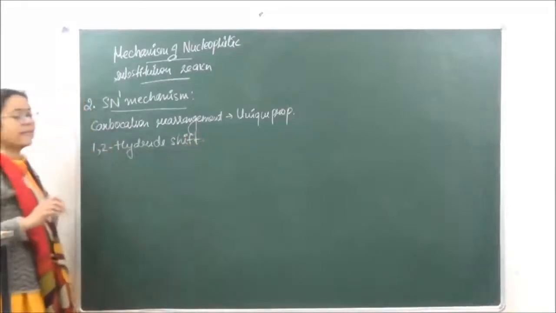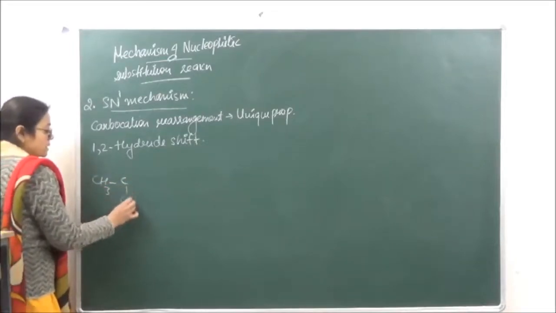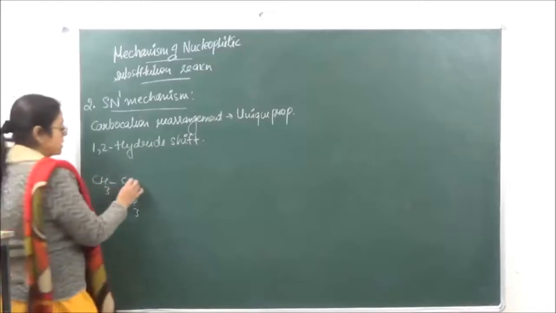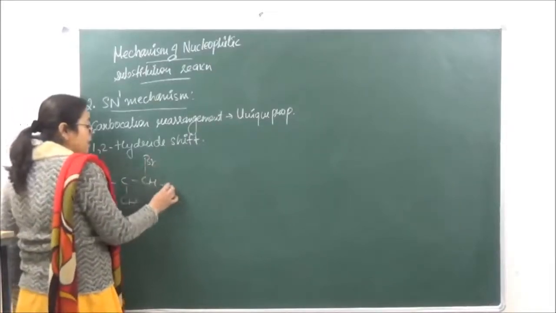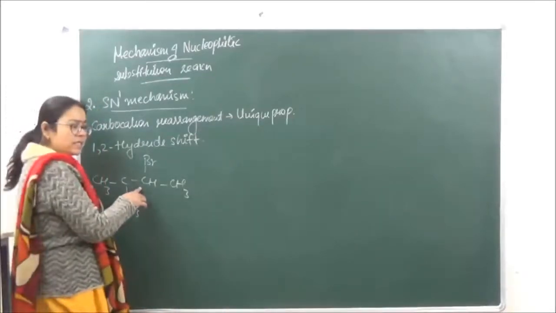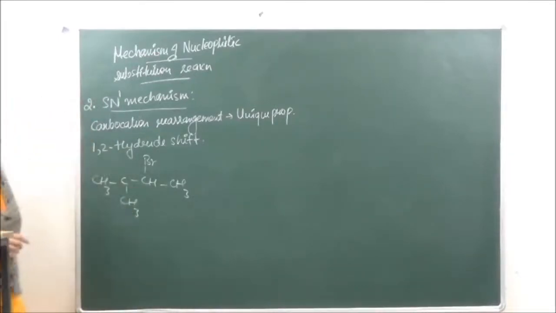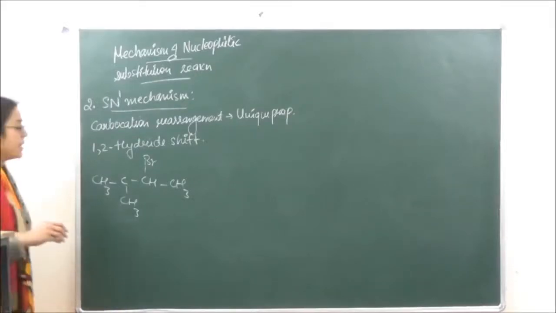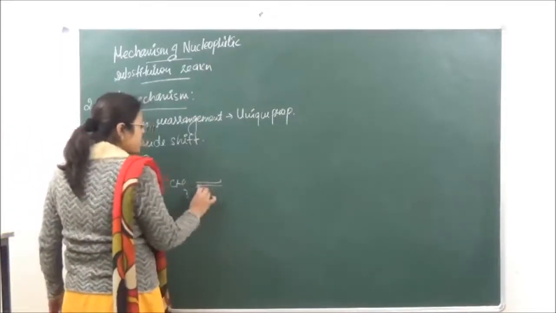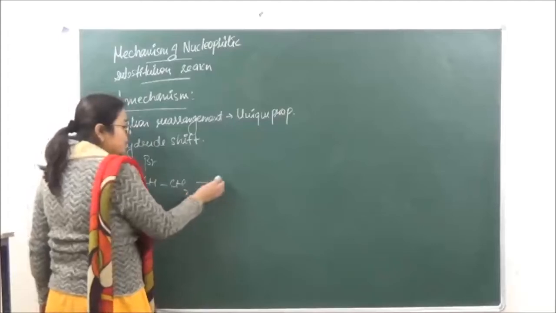Hydride shift means that the hydrogen is going to shift. Now let's say that a reaction which is given to us is something like this. We have CH3, CH, Br and CH3. Now as this is a secondary alkyl halide over here, let's do this by SN1 mechanism. Now in case of SN1 mechanism, the first step is going to be the formation of the carbocation. Okay, otherwise if you're looking at the product, let's say what should be the expected product over here.